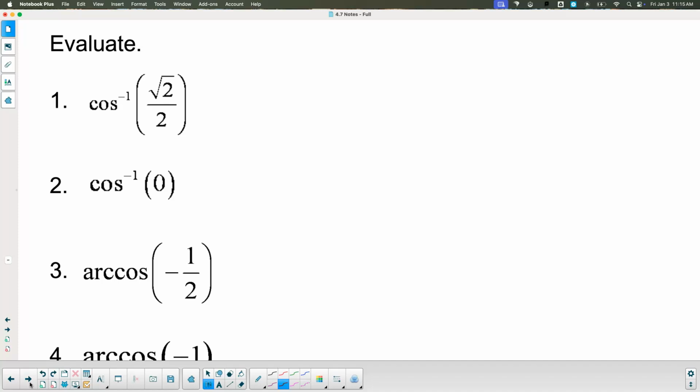Yeah. Right? So, same question that you asked yesterday, but now you just got to pay attention to which it was. So yesterday with sine, we were looking at the right side of the unit circle, right? So now with cosine, we're looking at the top half of the unit circle. Okay? So I'm asking myself, inverse cosine of root 2 over 2, or arc cosine of root 2 over 2. I'm thinking to myself, where on the top